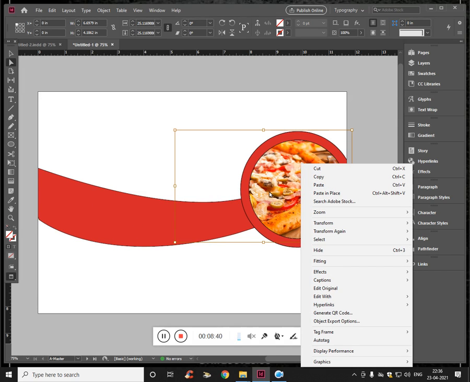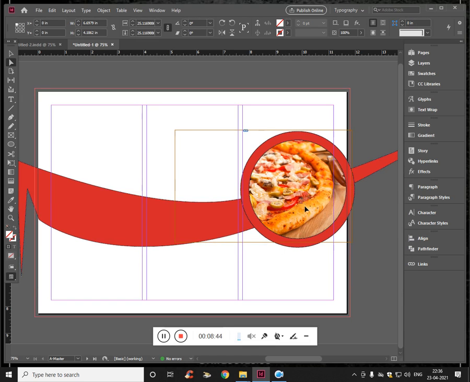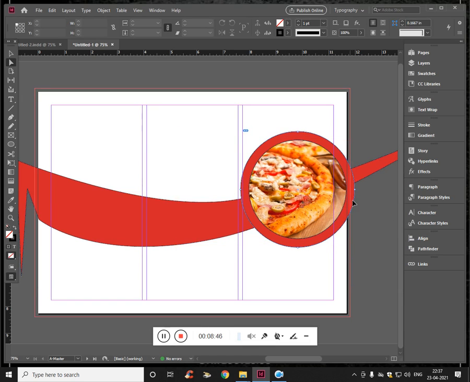You should see transform, and if you want to reflect it, click on reflect. Flip vertical.